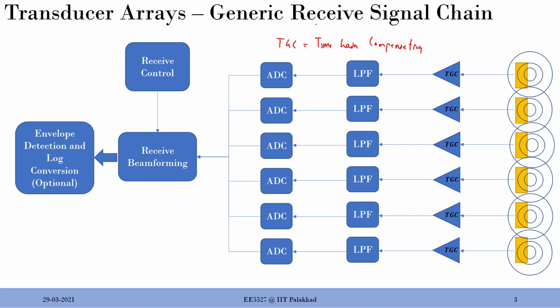Okay, so some people call this depth gain compensation also, because it is correlated with depth. Whatever name you want to take it. So this is what happens: you amplify signals so that the depth signal is also captured with some significant amplitude. In a typical imaging system, you do have analog TGC, and you will have a digital TGC as well somewhere here or here. So DTGC is also available if you want to really consider it.